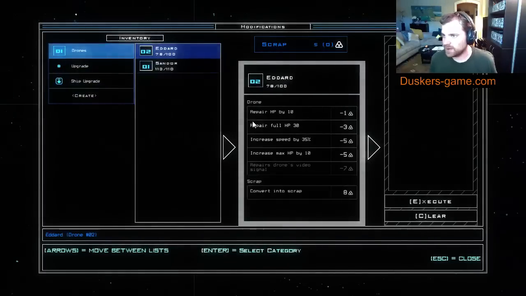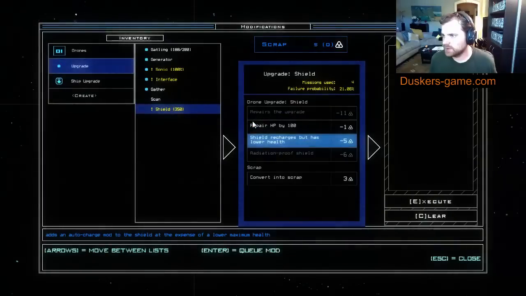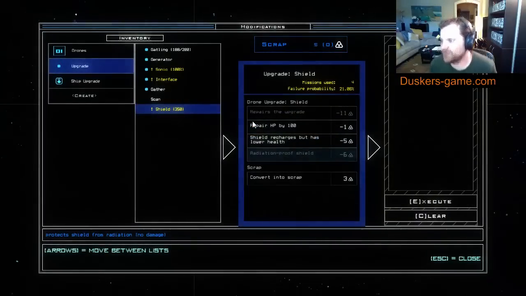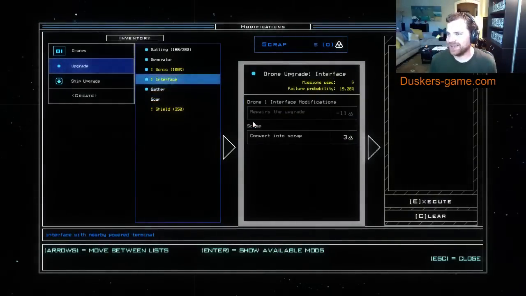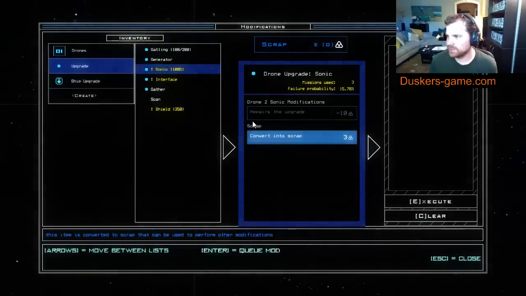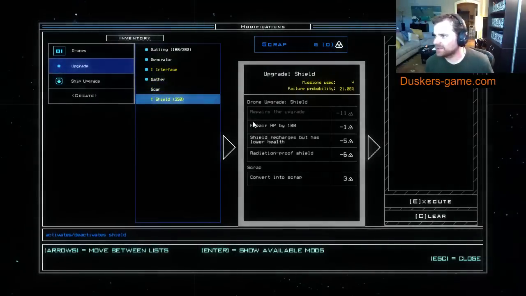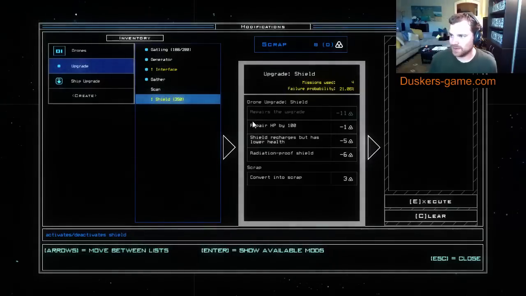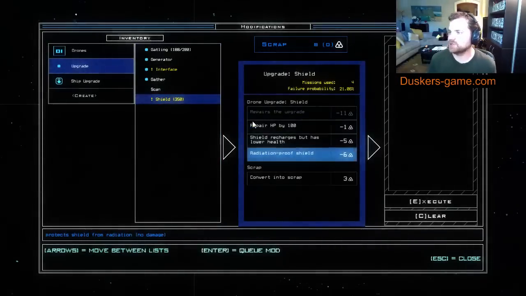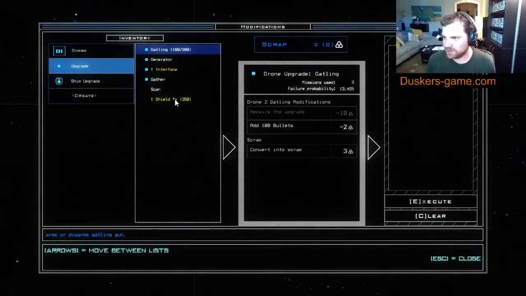Get rid of that. Now I have enough. Whoops. Shield. Oh, the radiation proof shield is 6. Okay, fine. Let me just show this off. I am going to get rid of this Sonic. All right. So now I take my shield that has a 21% probability of breaking, and I invest a bunch of money into it. Radiation proof shield. Hit that, execute, and now you see there's this little star X at the end of it,